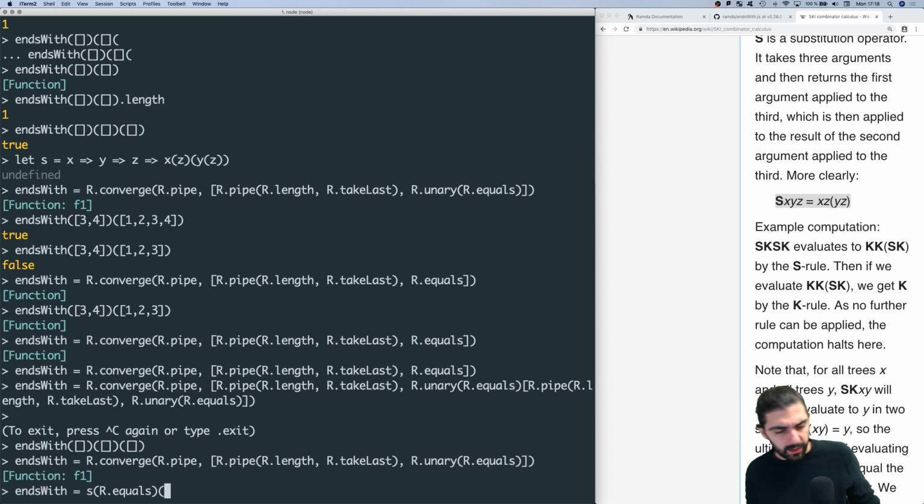So, z has to be the whole string. So we can't just say equals here. Actually, we need to get the last, yeah, but that's the tricky part, right? We need to get the last, let's think about the previous implementation, right? We need to get the last piece of the whole string, where that whole string